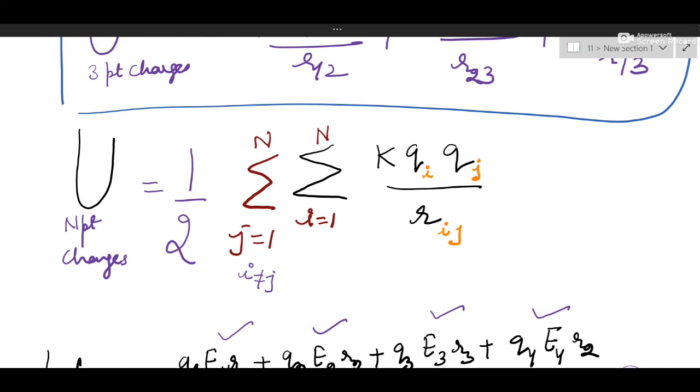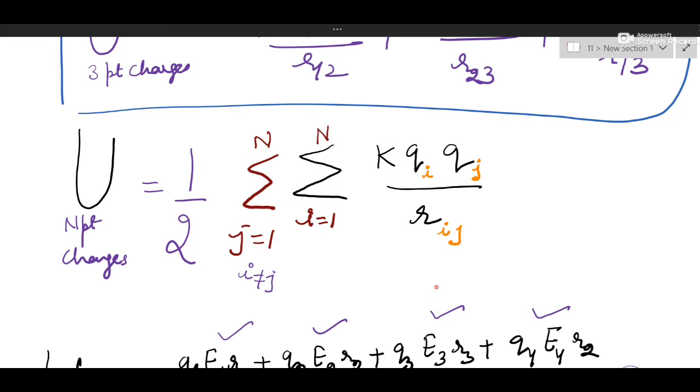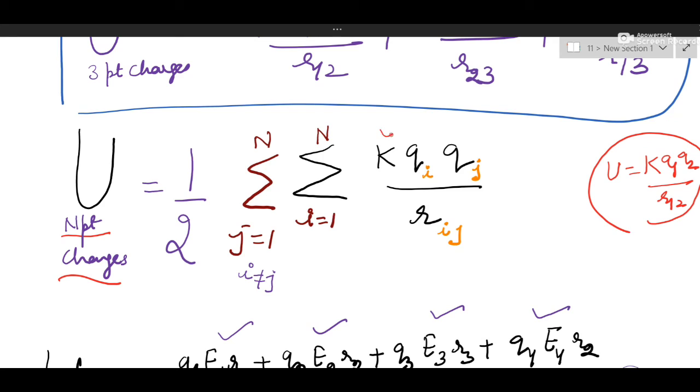Now we are writing for n point charges, which is an important topic. Without field we are writing. So we will simply see the mutual interaction of charges. What is the general formula? It's K Q1 Q2 by separation. This is a general formula. So we will write it as K Qi. You can see I have written Qi, that is Q1, and Qj, mutual separation, distance between i and j.